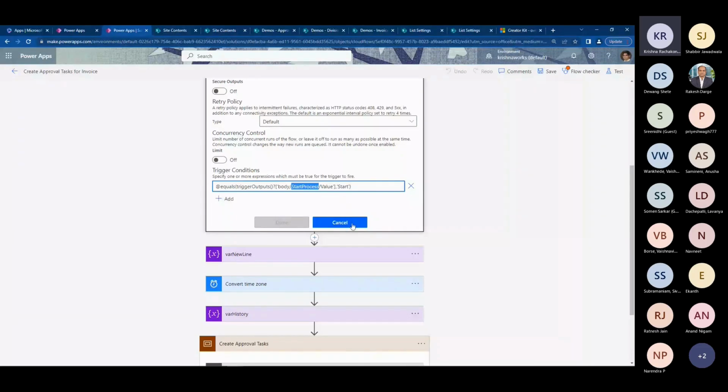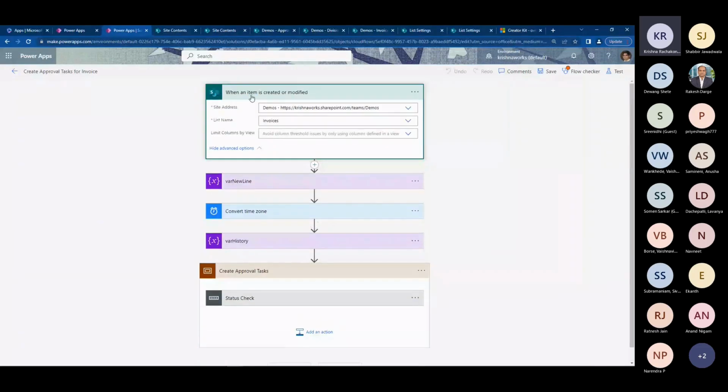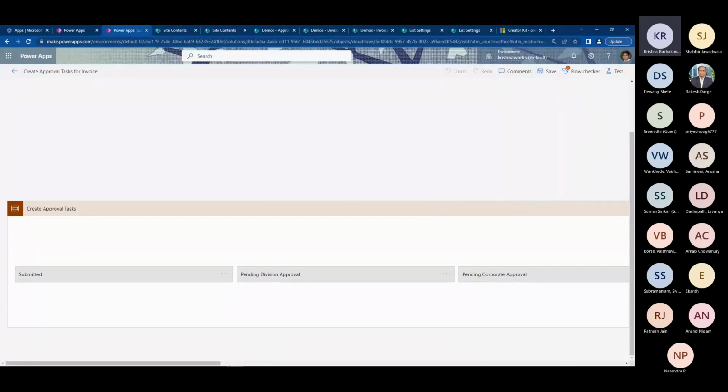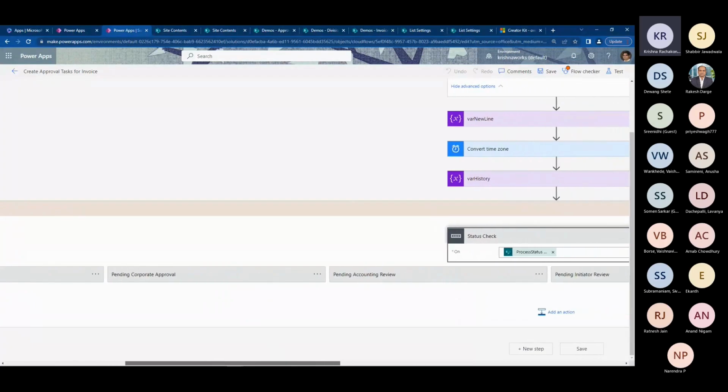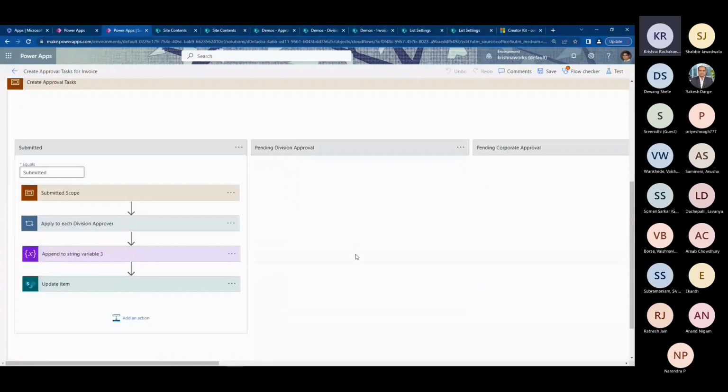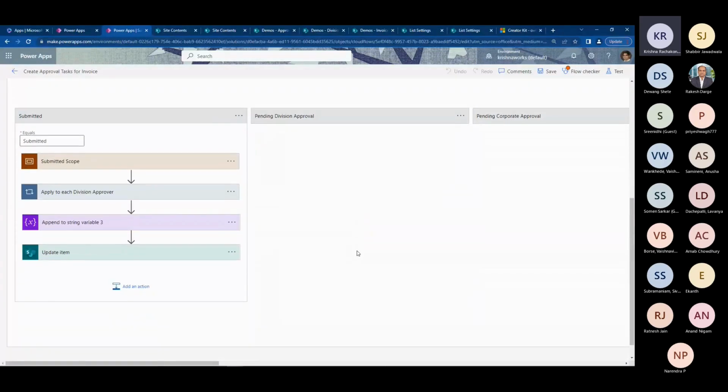Generally, whenever we use this trigger, whatever changes we make, this flow gets triggered, right? To avoid that, I'm using that flag and setting that value through Power Apps and Power Automate, to control when to trigger and when not to trigger. So in the create approval task, if I go down, you can see at different stages of the approval process, I have this switch command. So as soon as I submit an invoice,